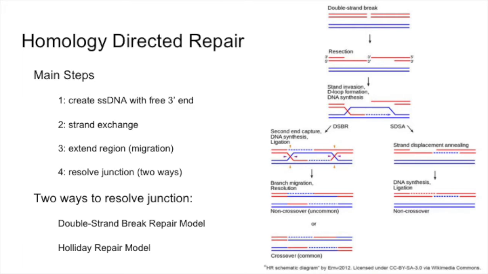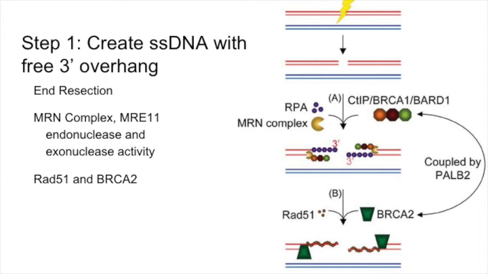So the next step after strand invasion is to extend the region. And then after you extend the region, there are two ways of resolving the junction. So the two ways of resolving the junction that we will be discussing today are double-strand break repair model and the Holliday junction model. So after the double-stranded break is caused by an exogenous or endogenous activity, the MRN complex